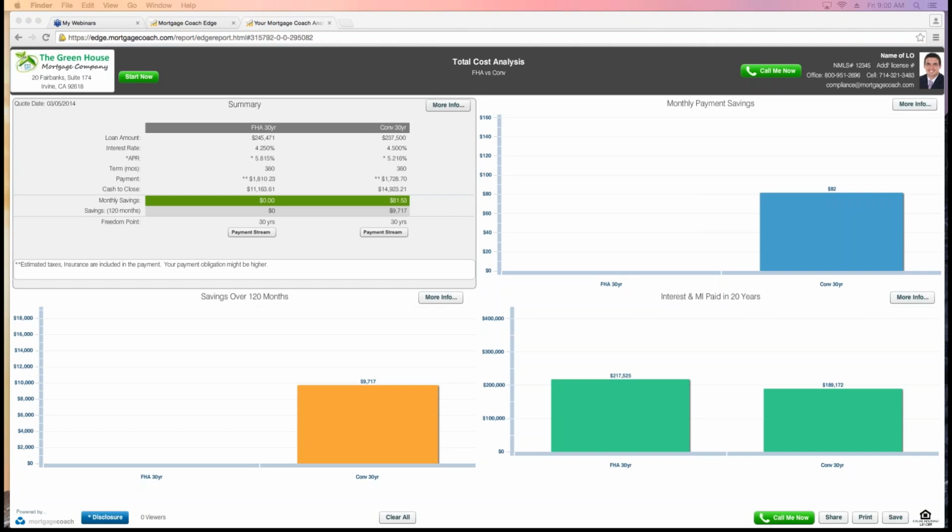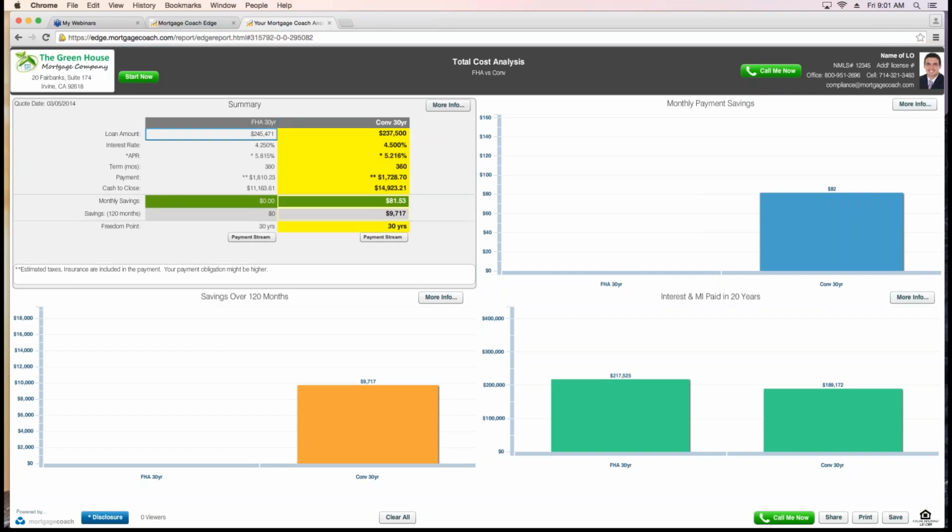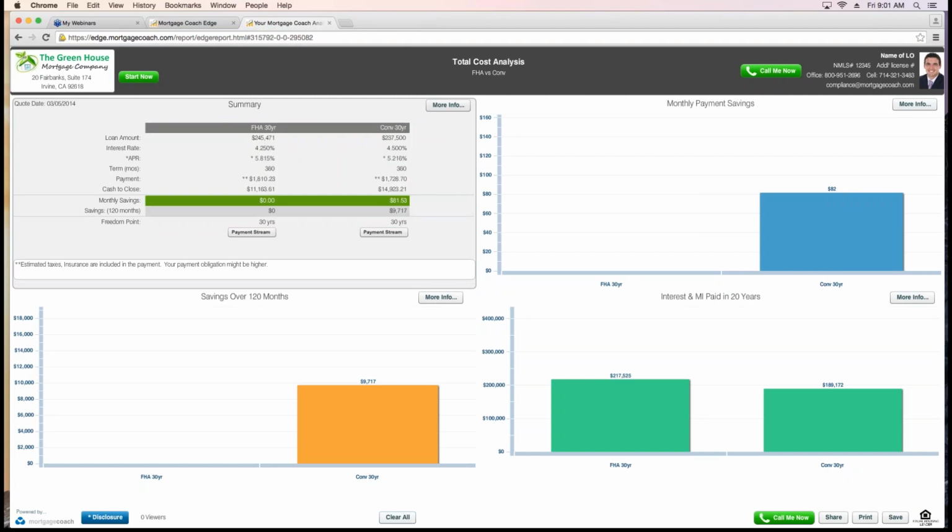What you're viewing on the screen is a total cost analysis on a purchase transaction. It's for an FHA product as well as a conventional product. What we're going to do in today's training, I'll take you through Edge. We're going to reproduce and create this report, so I'd like you to follow along with me. I'll also show you how you'll be able to create fee templates and product templates and explain the different fields